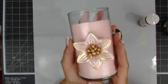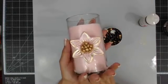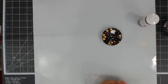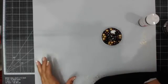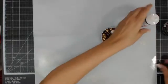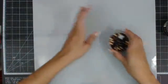And there you go. That is it. I would say 10 to 15 minutes max for a gift that's ready to go as soon as it dries. So that is the first idea. And let me put it where it can lay flat and dry, because it does take a tiny bit of time for those glossy accents to dry. And let's see. Okay, next up,